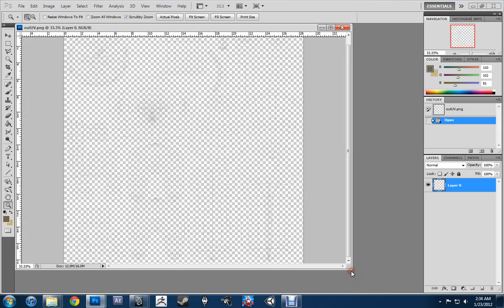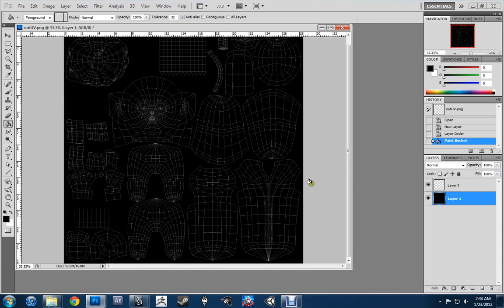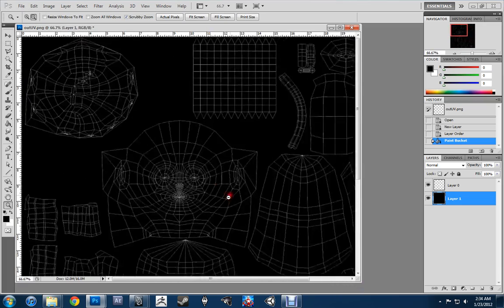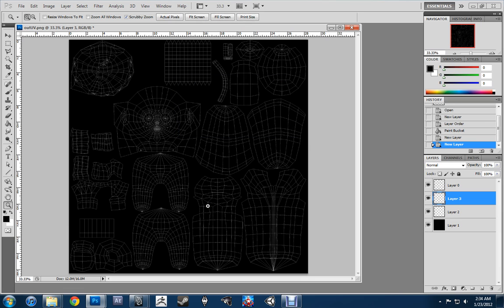Okay, so now what I have here is an apparently empty document, right? But if I throw a base color down, you can see the UVs. They're in as white right now. And what I'm going to do real quick is make a couple layers that I can start filling in. And I want to look at my concept art as well, because Ryan gave me a list of colors to use